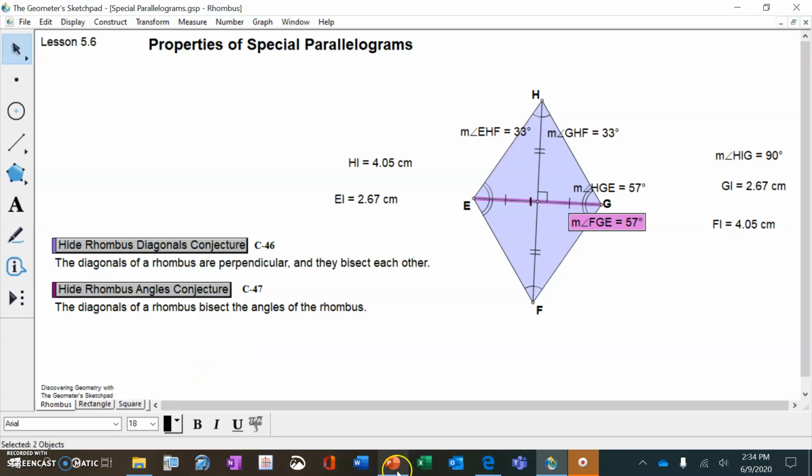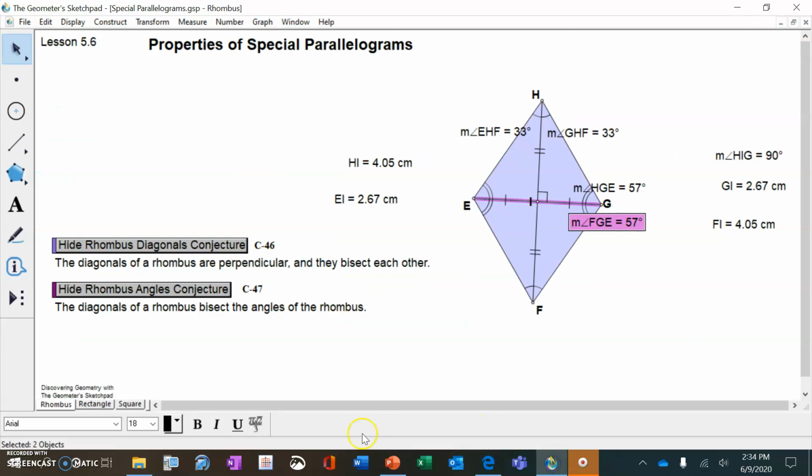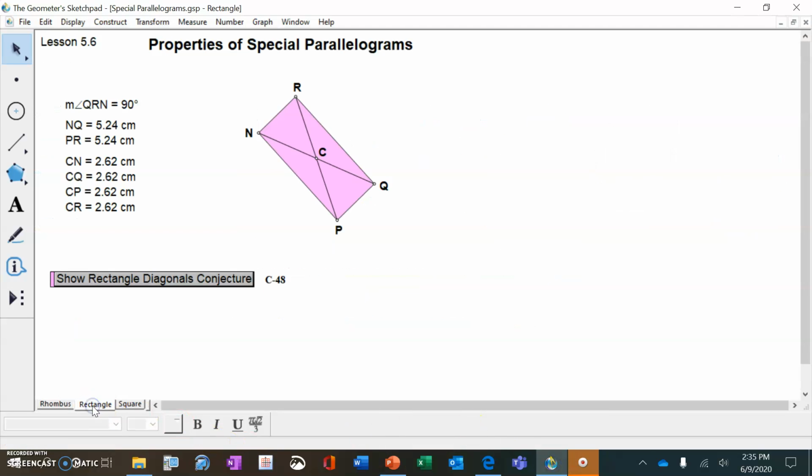Okay, now back to the definition, our next definition, a rectangle. A rectangle is a parallelogram with 4 equal angles, 4 congruent angles, 4 90-degree angles. So here is a picture of a rectangle. And now if I go back to Sketchpad and go to my rectangle,